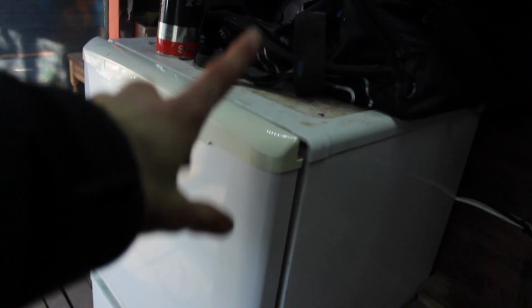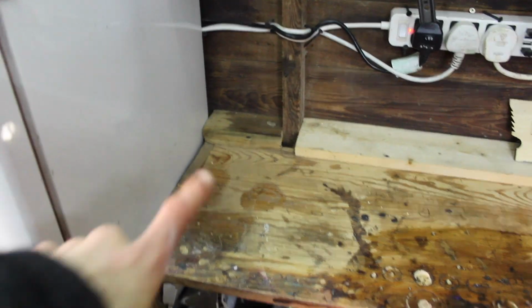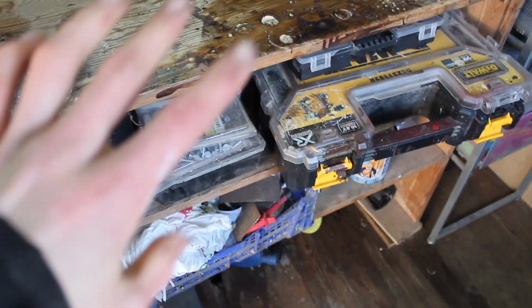This is our fridge because we live in a boat, in case you didn't know, so we don't actually have one in the boat yet. And then this is another bookcase, and I took the bottom out because, like I said, I've been replacing it and that got really damp. So I cut the bottom off the shelf out and cut the bottom of the floor out. So yeah, mainly that holds crap, and then this one holds tools, apart from there's a